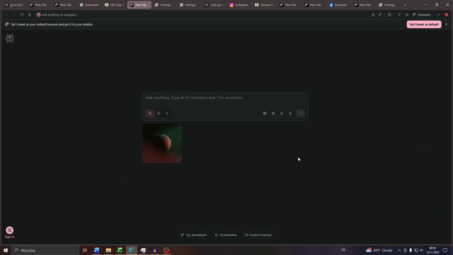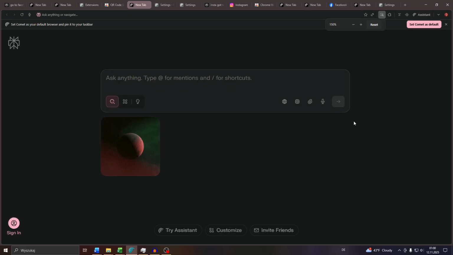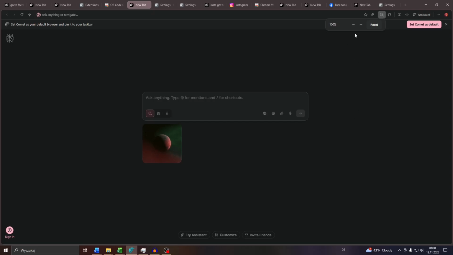All right, guys. So as you can see here on the Comet AI web browser, I can zoom in and zoom out by simply holding the left control key on my keyboard and using my mouse wheel, for example, moving it forward or backward, and you will see that zoom here at the top. You may also use the plus and minus buttons or reset the zoom level. That's option number one, and it works pretty much the same way as on Google Chrome because Comet AI is using basically the same